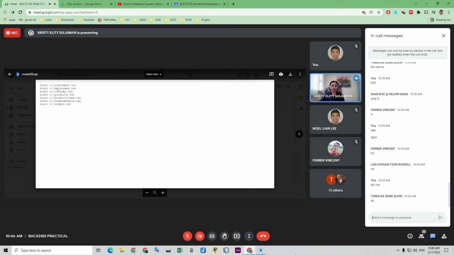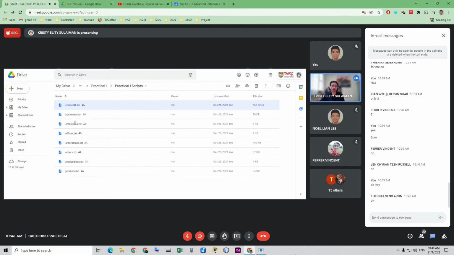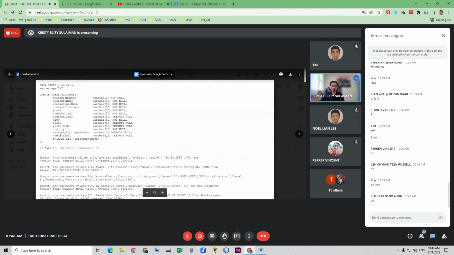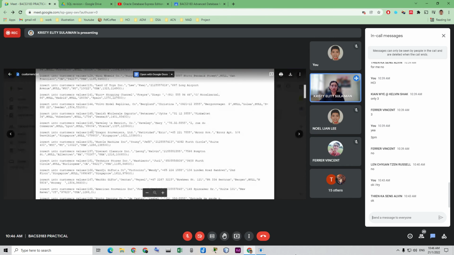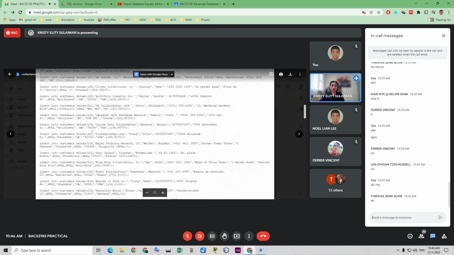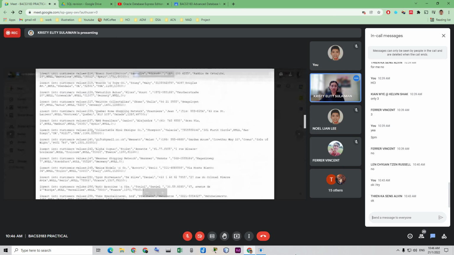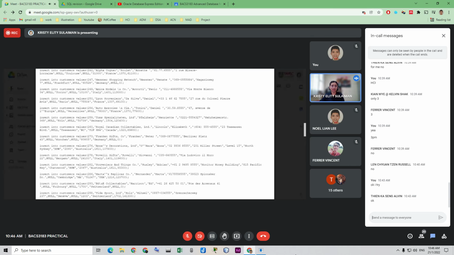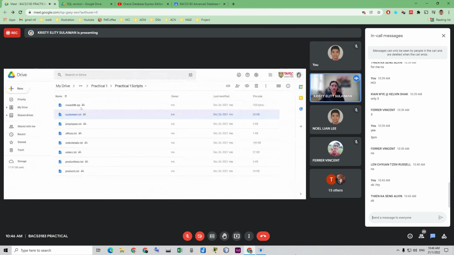When you run this, it will refer back to all these text files. If you open the text, there is so much data here, so you don't want to type it one by one, you want to automate this. You will be using only the first one, this particular .sql.